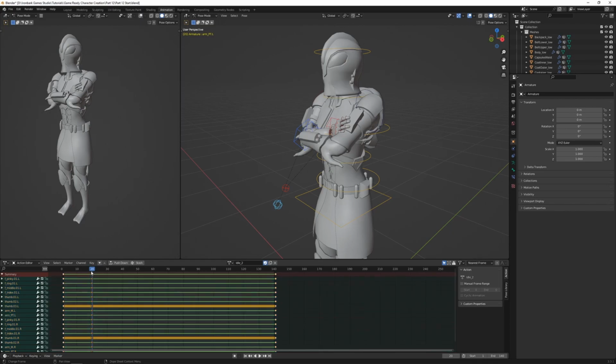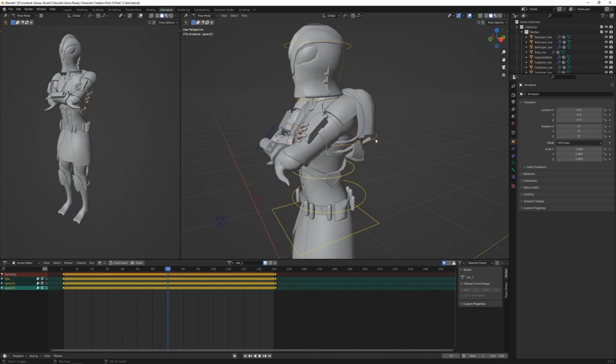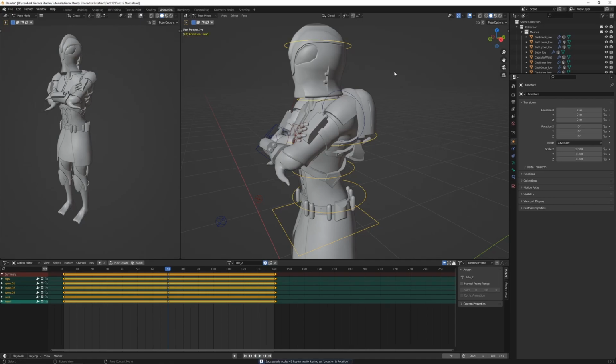So I'm going to want to copy these keyframes here at frame 20. I'm going to jump to frame 120. So with these keyframes selected, I'm just going to go Shift D, duplicate them to frame 120. Then I'm going to jump to frame 70. I'm going to key the controllers up the body to the top of the head, press I. Then on frame 85,